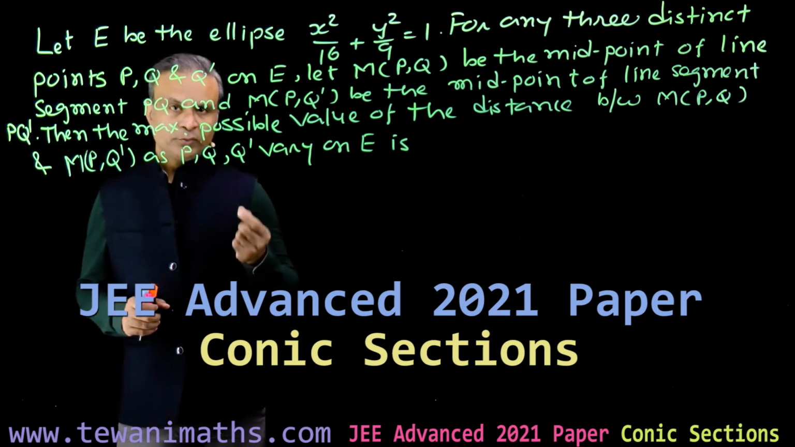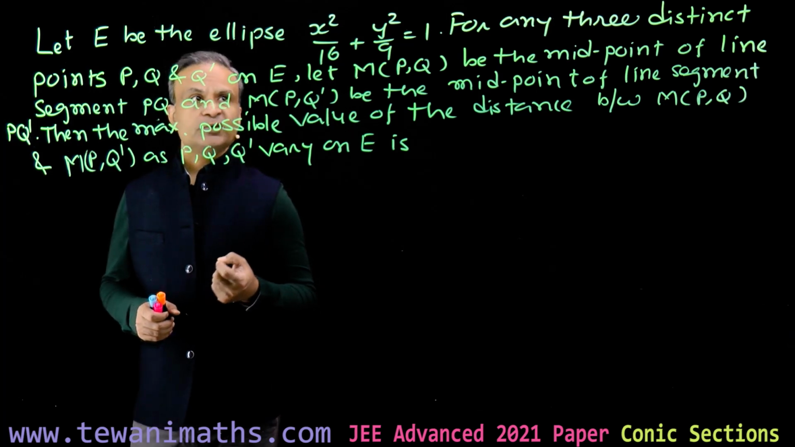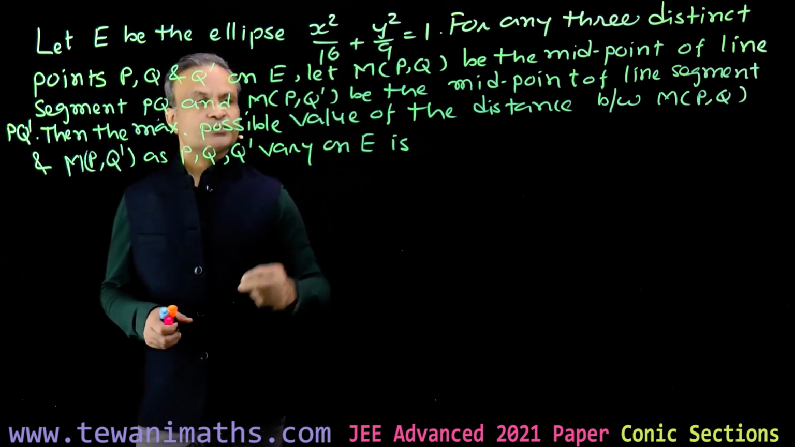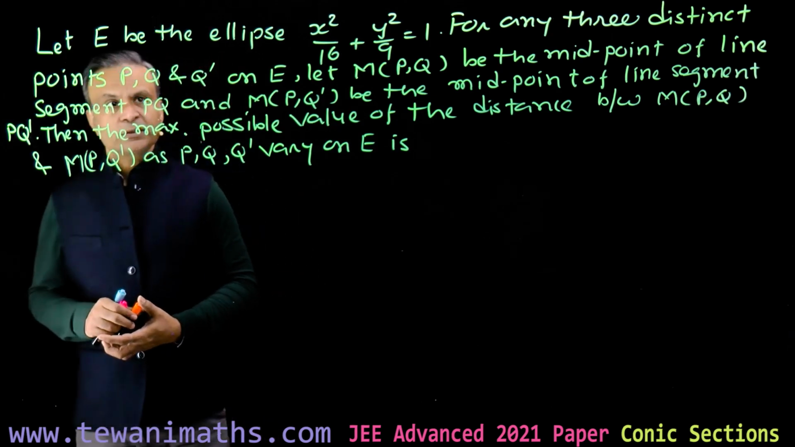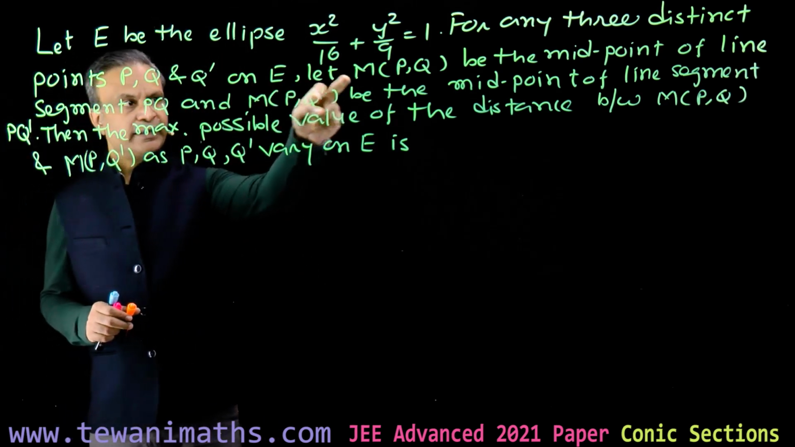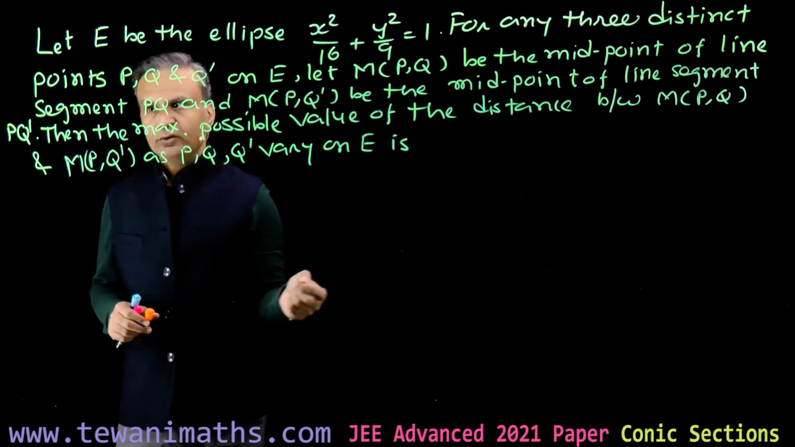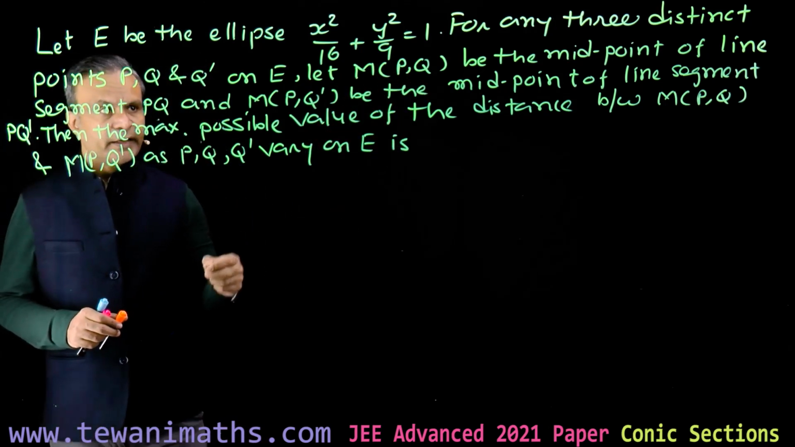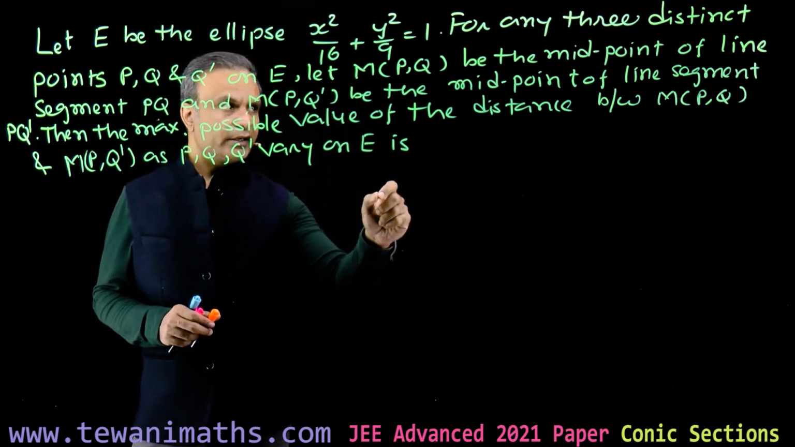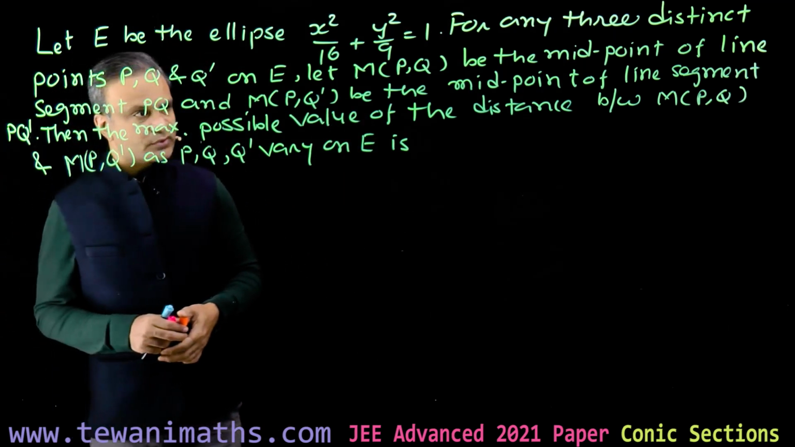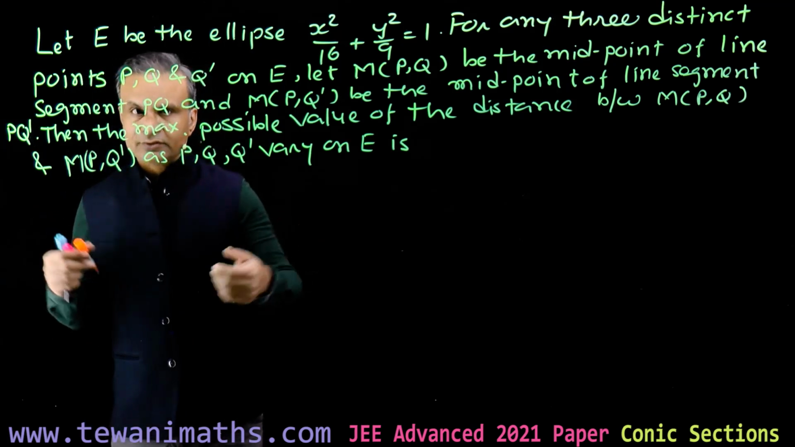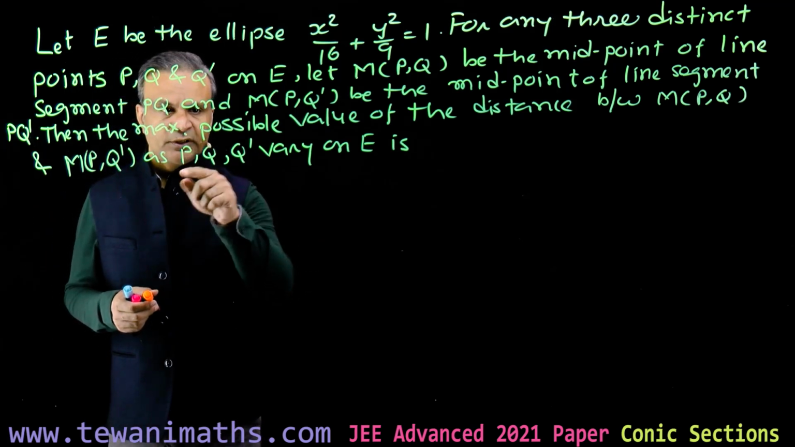Okay, now we have a question from ellipse. The question is, let E be the ellipse x square over 16 plus y square over 9 is equal to 1. For any three distinct points P, Q, Q dash on E, let M(P,Q) be the midpoint of line segment PQ and M(P,Q dash) be the midpoint of line segment PQ dash. Then we have to find the maximum possible value of the distance between these two midpoints as P, Q, Q dash